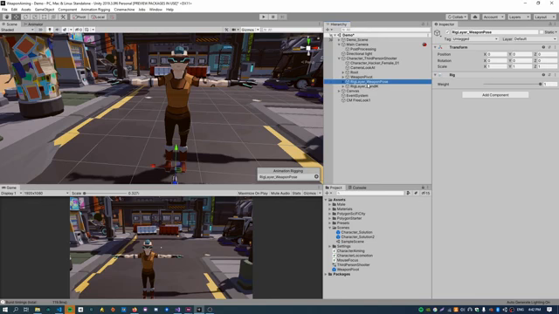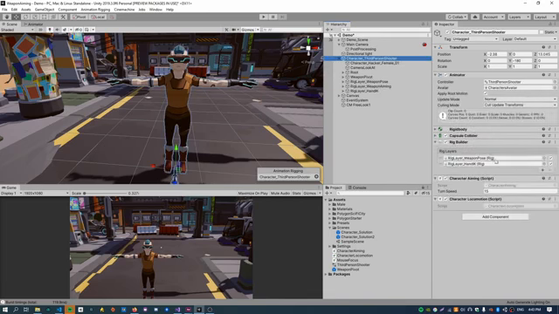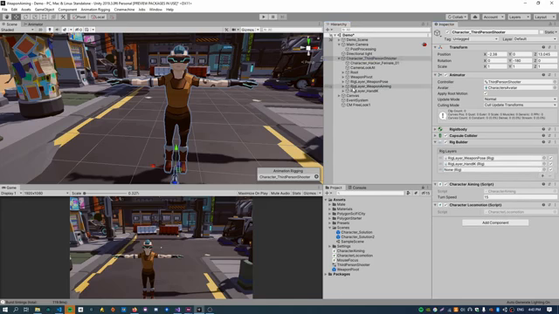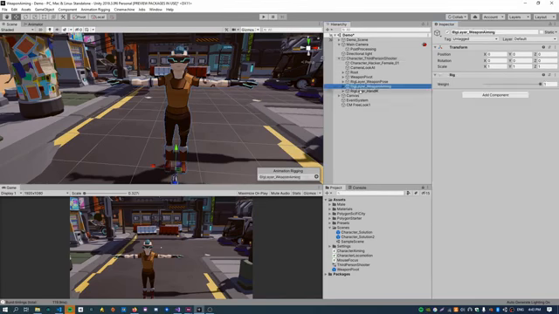So I'm going to create a new rig layer. I'm just going to duplicate the weapon pose one that we have here, and give that the name weapon aiming. So we need to assign that to the rig builder. Position it in the middle. This is the order that things are going to be processed in. So first we pose the weapon, and then we're going to aim it afterwards, and then we're going to attach our hands to the weapon. So if we just hit play,